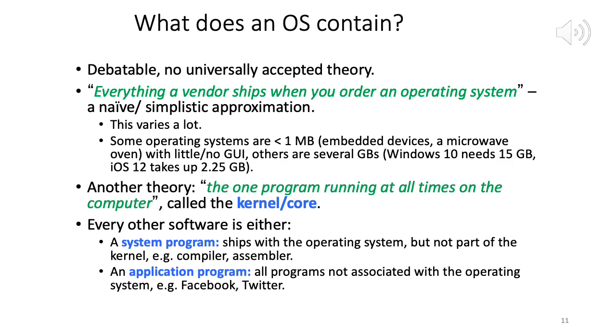So then what you have is a core part of the OS which is running at all times, right? That is called the kernel. And besides the kernel, you have two types of programs. One is a system program. Examples are compilers, assemblers, schedulers, memory managers, and so on. And the second category is application programs like Facebook and Twitter. So whatever applications you download from the App Store or the Play Store would be examples of application programs, or apps as we call them.